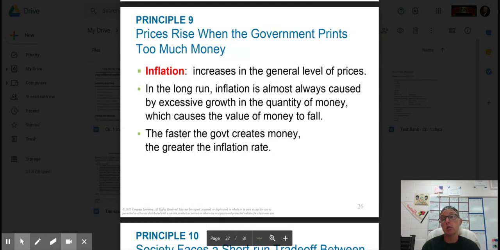In Germany during the 1920s, when they owed all that reparation money to France and Britain for World War I, they just started printing their currency. And they printed so much, it was completely devalued, to the point where people were burning it instead of logs because it was less valuable than a log. People were literally taking wheelbarrows of money to a grocery store to buy a loaf of bread because it was that devalued. So you don't want to print too much money, because then it loses its value.